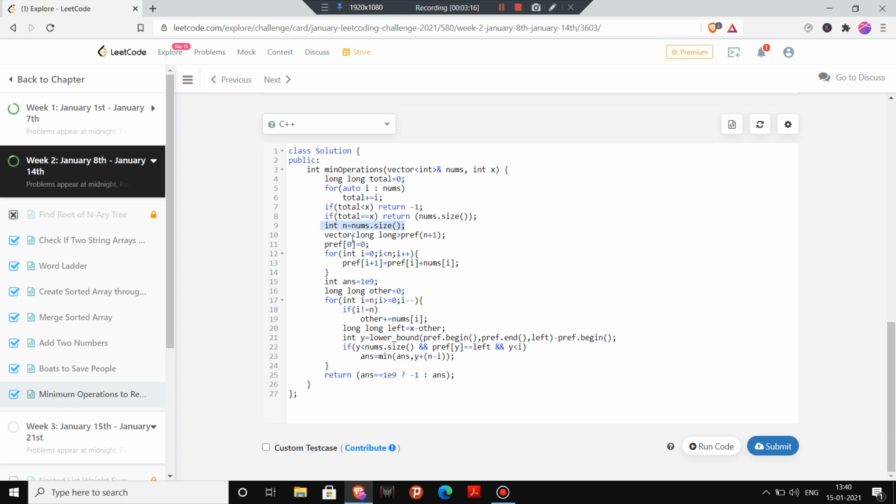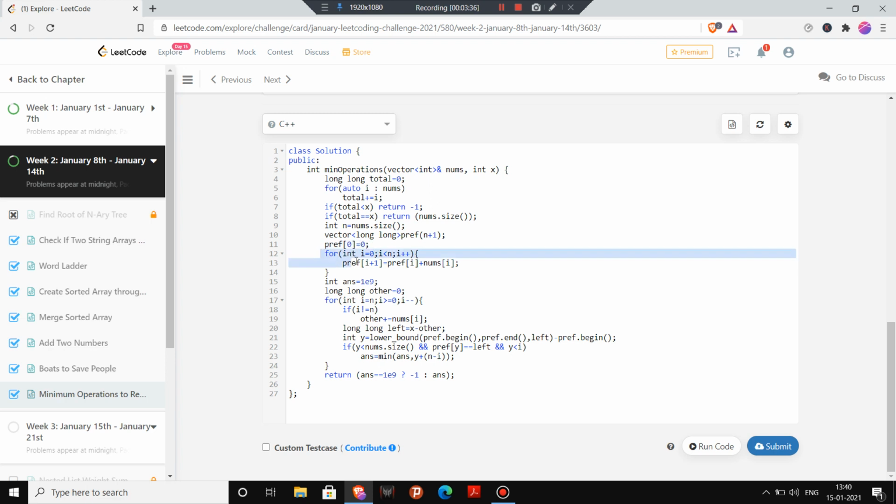Okay, you can use nums.size in place of n. Okay, now I have made a vector of pref and the size given is n+1. Now what is this? This is my prefix sum vector. Here I will store the sum of every prefix. Okay, so I have initially defined pref 0 as 0.